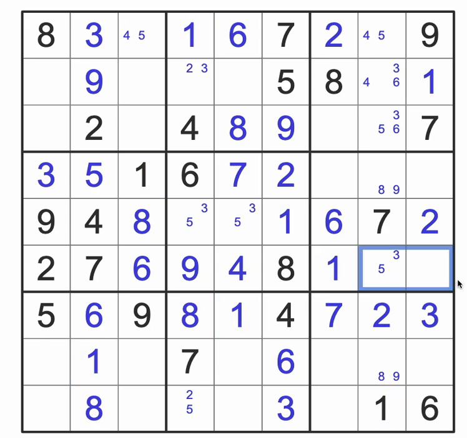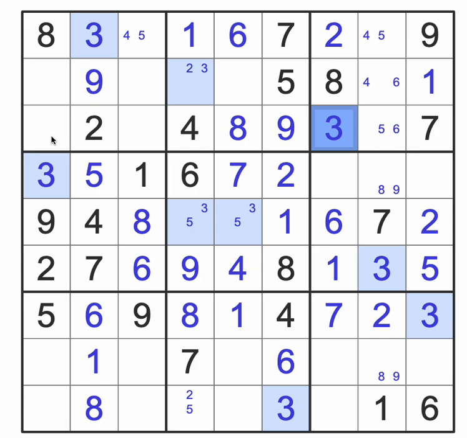Now these 2 are 3, 5 double, but 3 is here, so it's actually 5, 3, and these are 4, 8, 9. Oh, okay. And the 3 blocks here gives me 3 here,